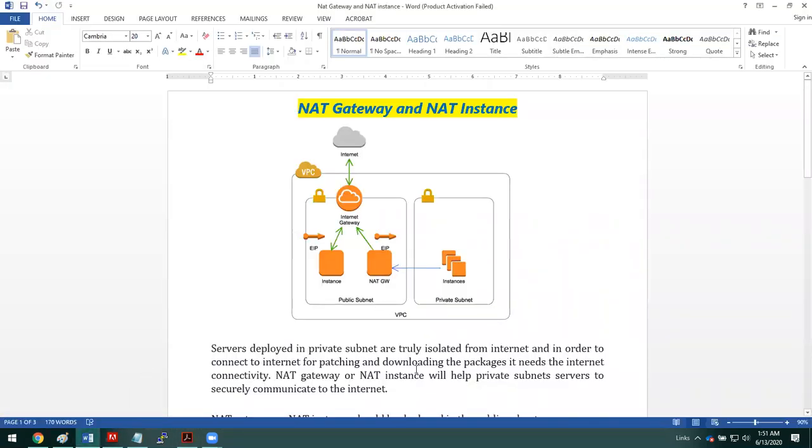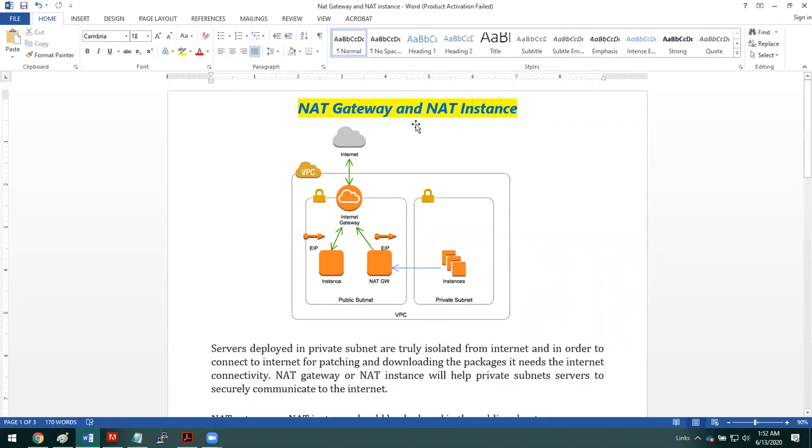For configuring the NAT facility, we have two options in AWS. One way is the NAT gateway, and another way is the NAT instance. NAT gateway is a feature provided by AWS, and it has some more advantages. With NAT instances, we can have a custom AMI machine deployed from the AMI community.